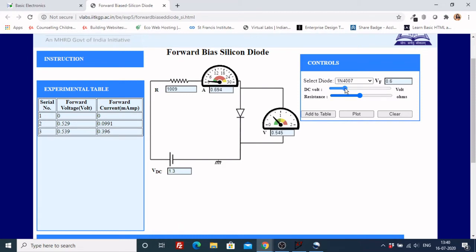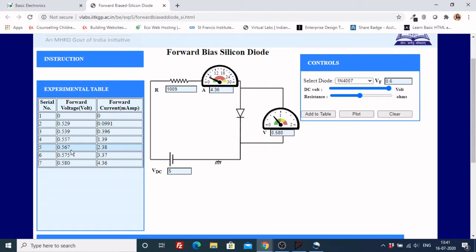Continue doing this. I do it for say 2 volts next. So I have got it as 2 volts. Okay. Now I next continue and make it 3 volts. So I have got this at 3 volts. Add it to the table. The next value that I am going to pick up is 4 volts. I have got this as 4. And I am going to pick up one last value as 5 volts and add it to the table. So I have got one small table here with 7 values.